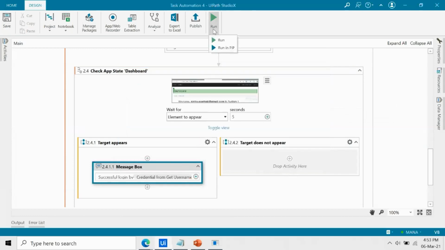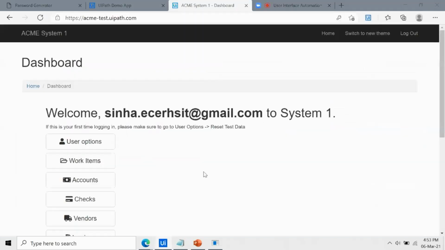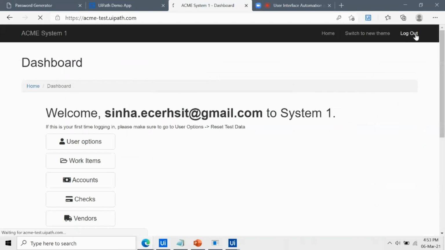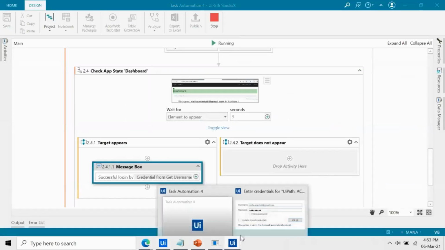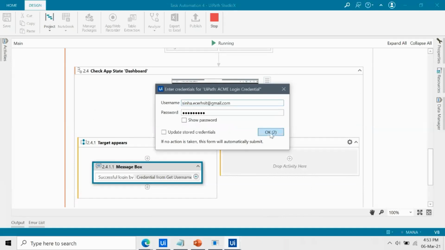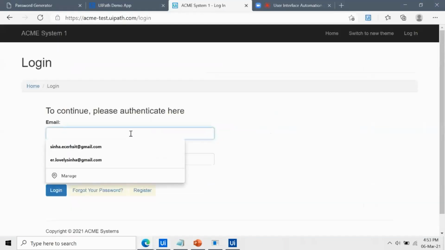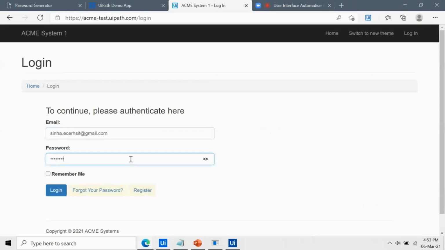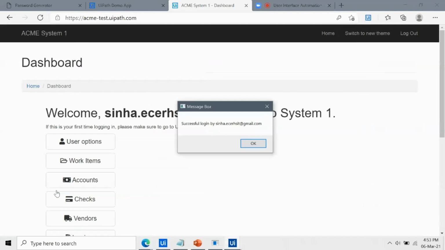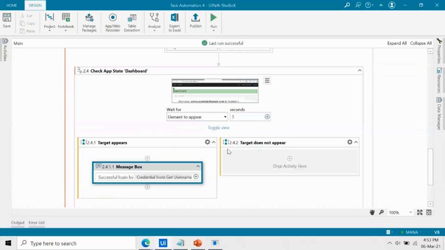Now I save it and then I run it. Let me log out first because it gives me an option. I click OK. And you can see the email is being available here. So this is the validation.